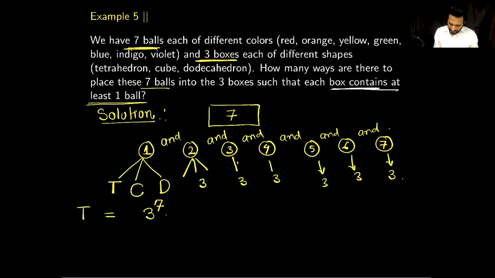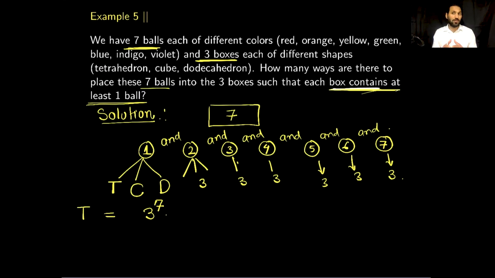But there is a restriction that each box must contain at least one ball. But 3 to the power 7 is the total number of ways you can assign without regard to this restriction. So what I can do is assign all the balls: I can assign the first ball in A, second ball in A, third ball in A, and so on